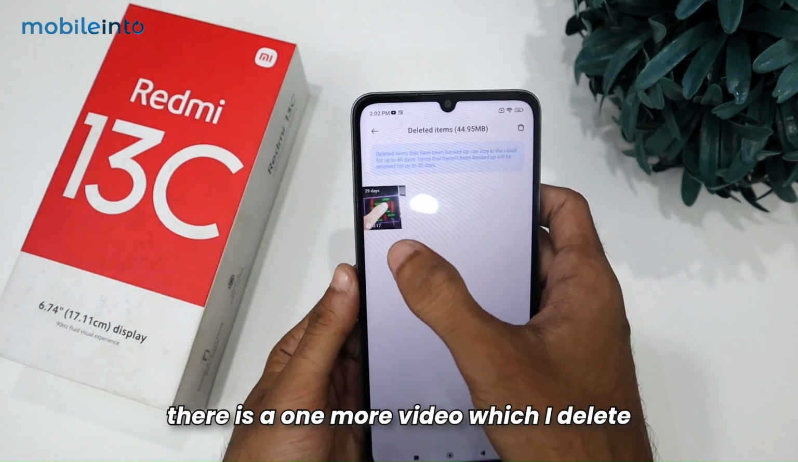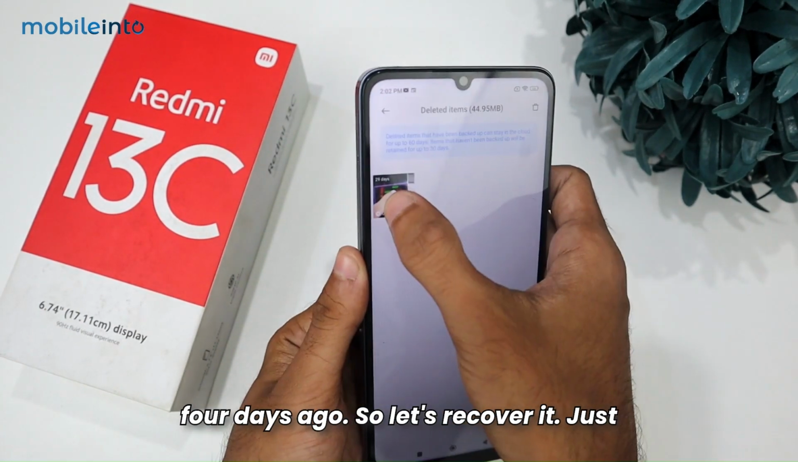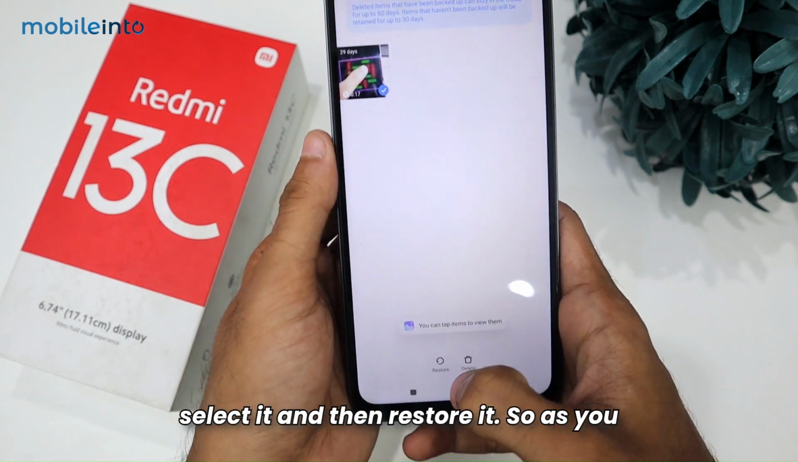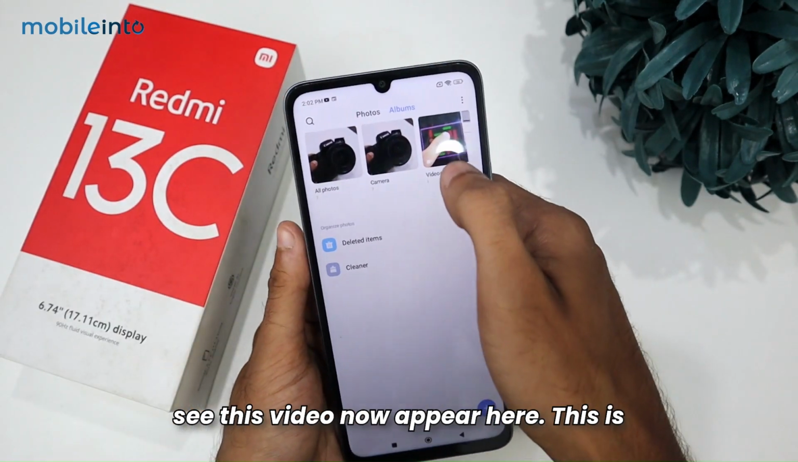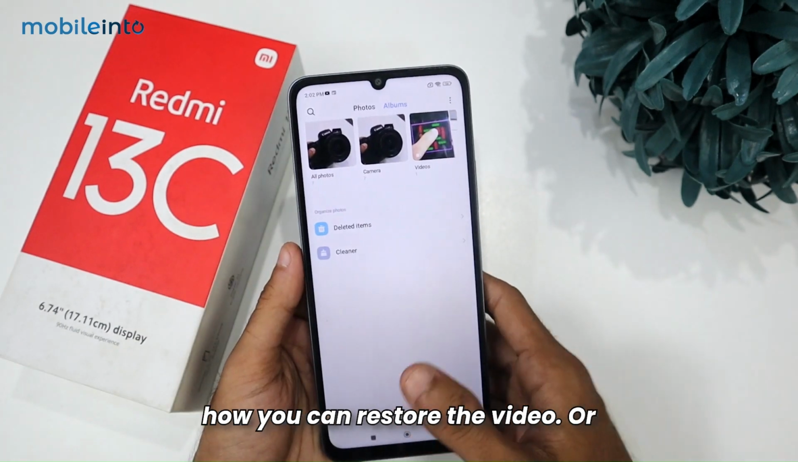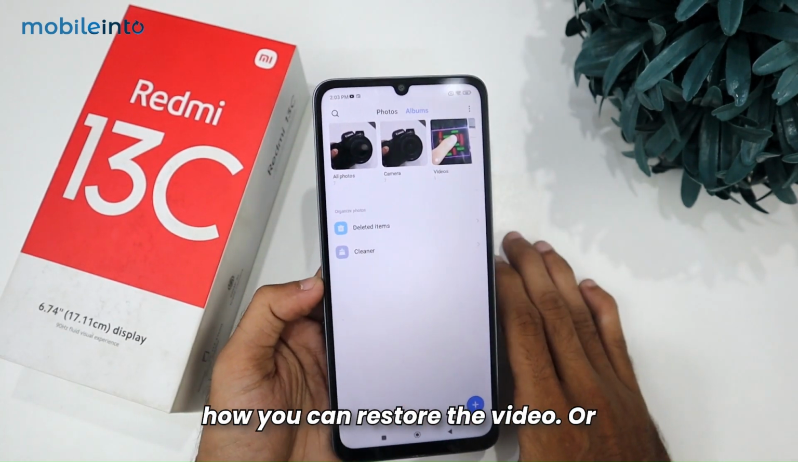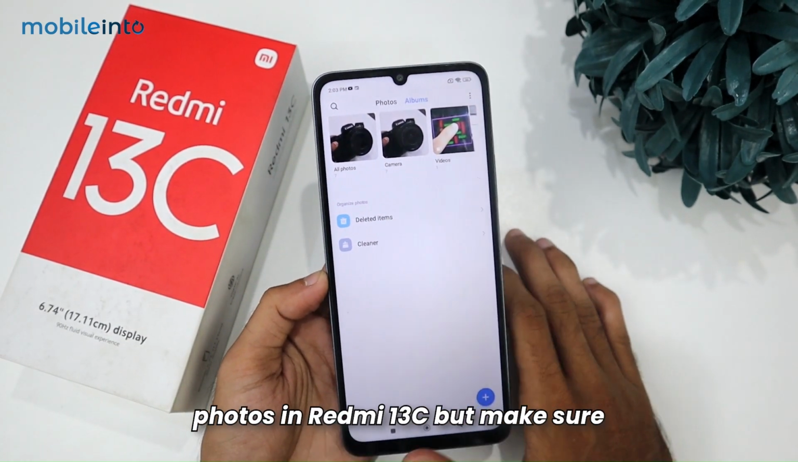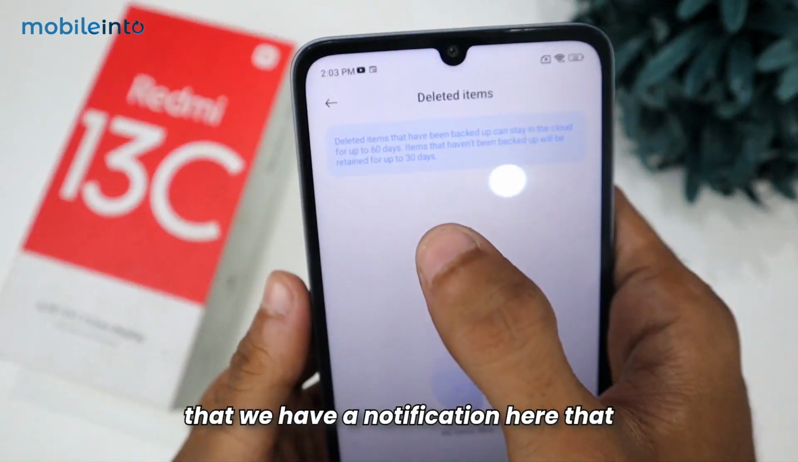There's one more video which I deleted 4 days ago. So let's recover it. Just select it and then restore it. As you see, this video now appears here. This is how you can restore the videos or photos in Redmi 13C, but make sure that we have a